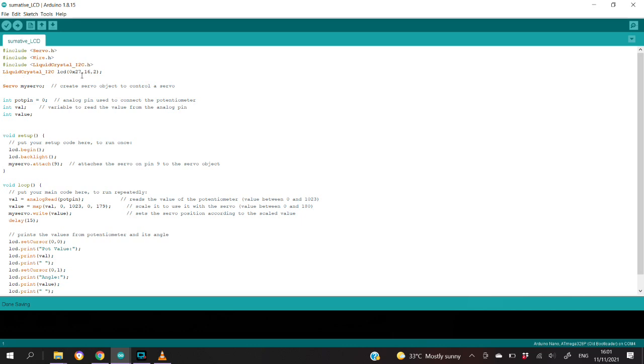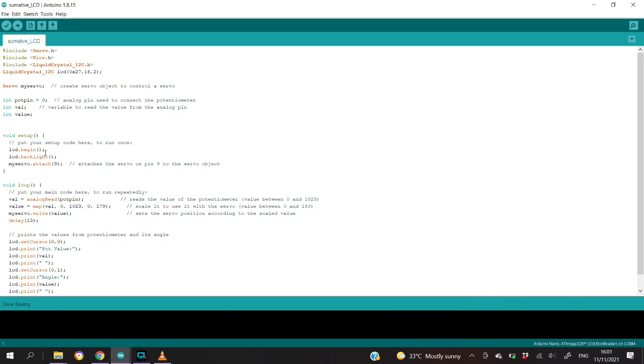LCD is set to have an address of 27 and with 16 characters with 2 rows. So the same code, we declare the servo object, the pins for the potentiometer, the integers for the values,